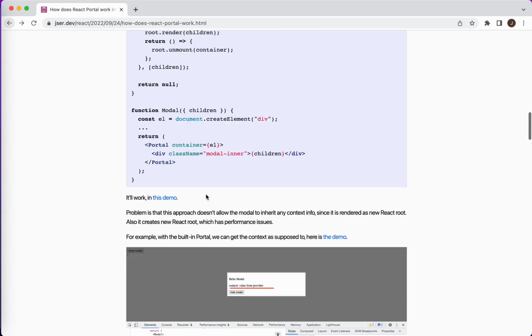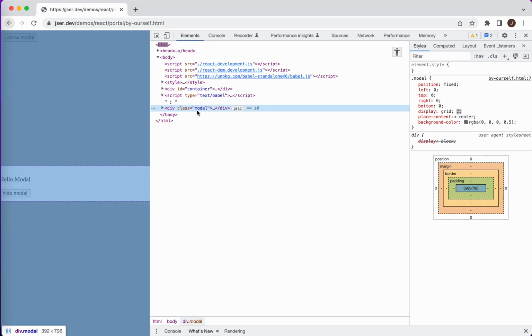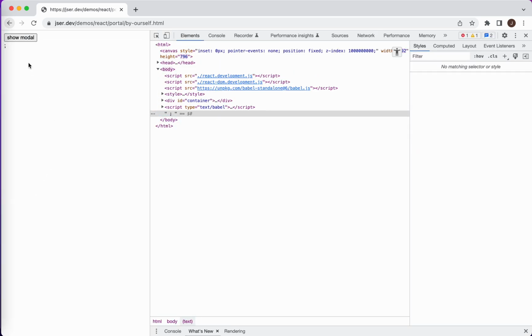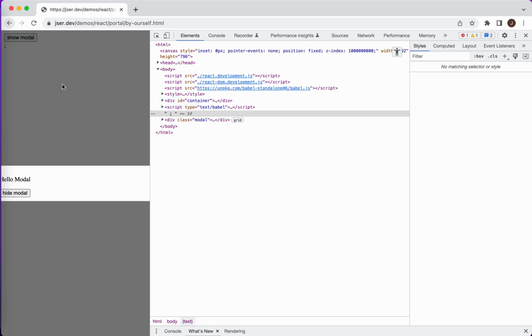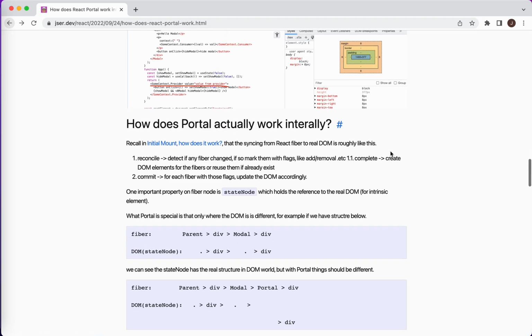Yeah, it works. I put this demo here. It works as well, you can see. And also, it renders the stuff inside the modal. Tap it, close it, it will be removed. So far so good. But one thing that it doesn't provide is that actually,